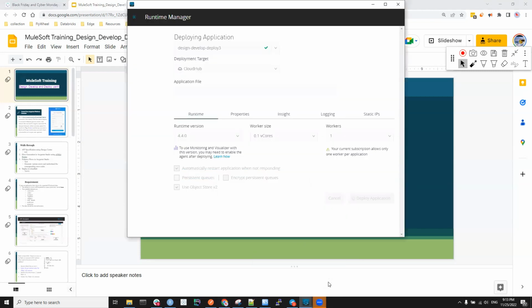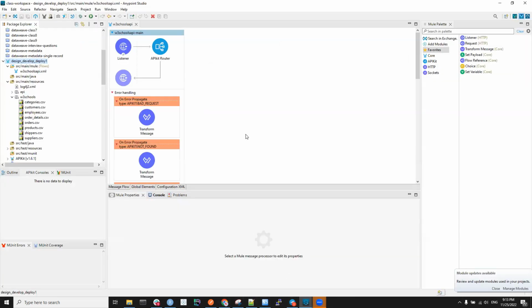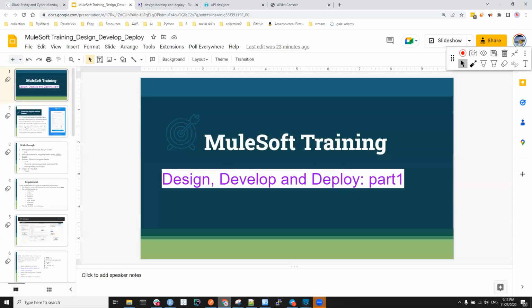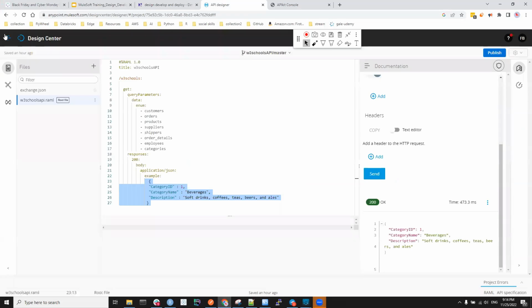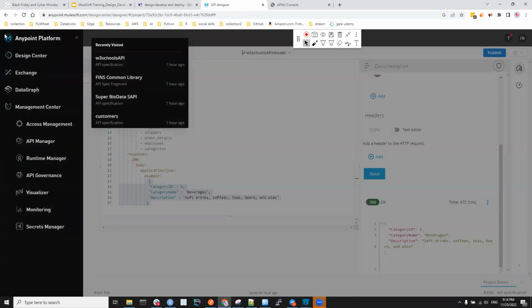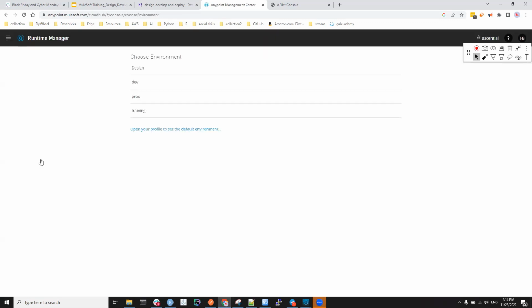So as you can see, it is deploying the application. Now, once it deploys the application, send requests. Okay, let's first get the URI for it. So if I go to the Endpoint Studio, I have Runtime Manager. I should see it under Runtime Manager once it comes here. If you go to Runtime Manager,